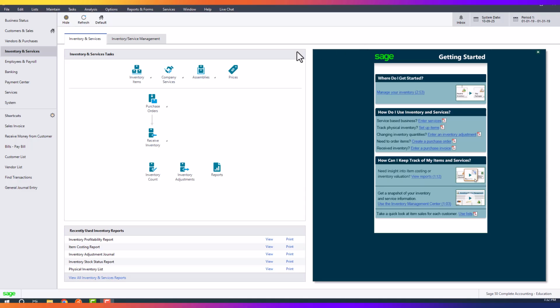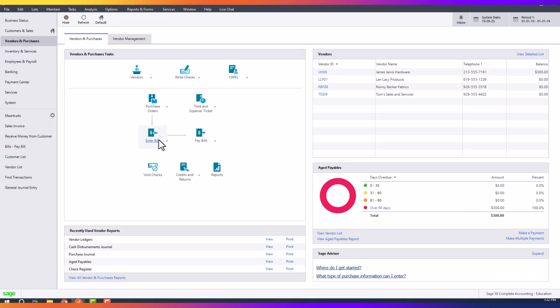And to record the transaction, we're going to go to the vendors and purchases area from the navigational menu, and then click on enter bills and then new bill. Now before I do that though, most of the time inventory workflows start with a purchase order, and then once those goods are received, we enter a bill at that time. But the book is sort of skipping that normal process for inventory here, and we're going directly to enter bills